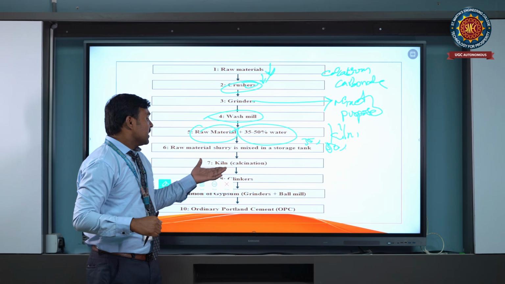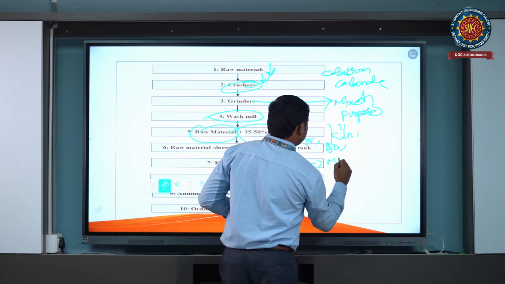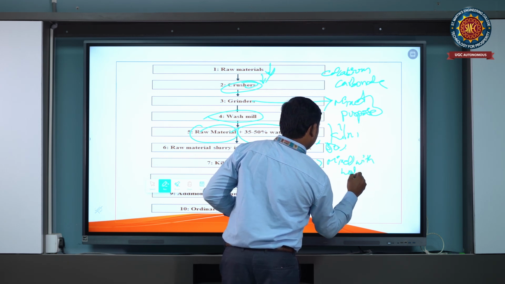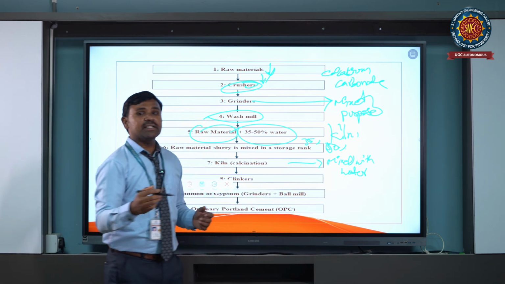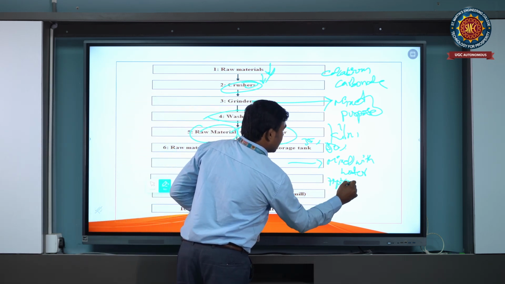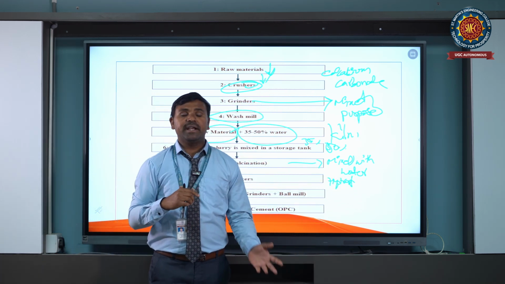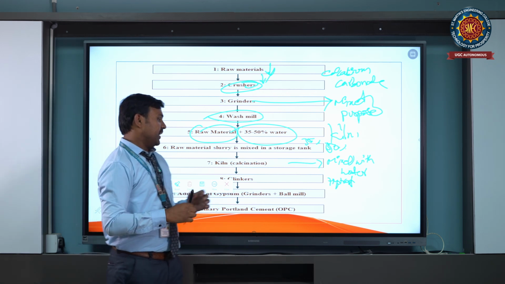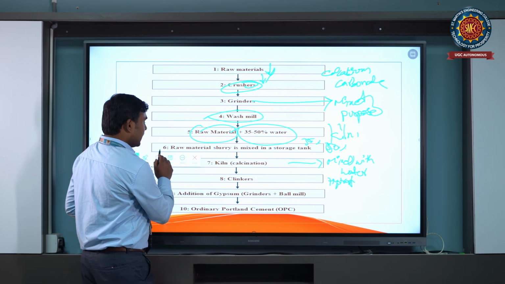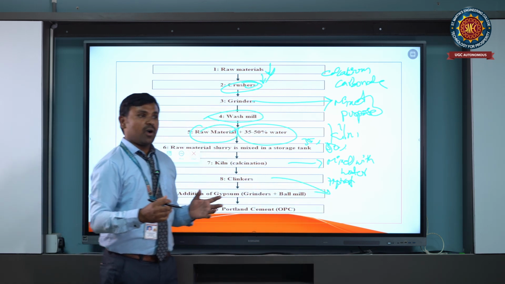In that kiln, calcination is done. After mixing with water, the calcination and hydration process will continue. Hydration is nothing but heat. When cement is mixed with water, the heat of hydration will take place. The heat is then transferred to the clinkers, which will form lumps or pebble